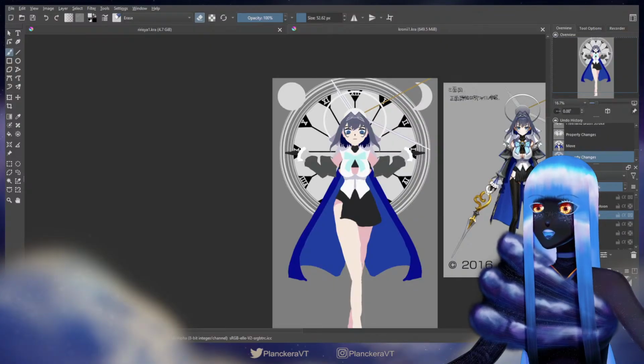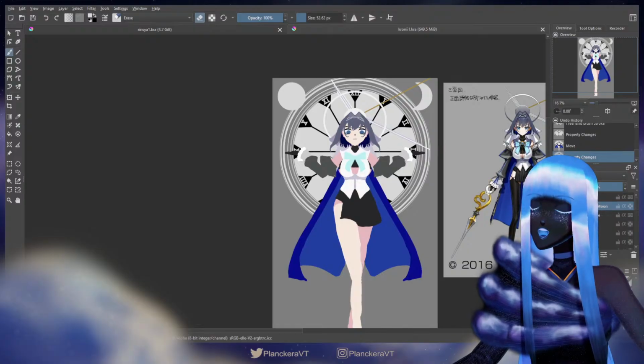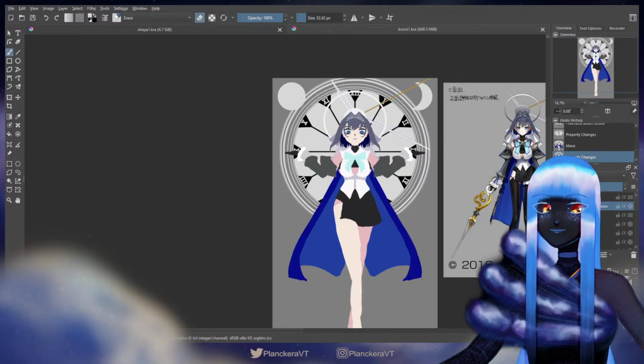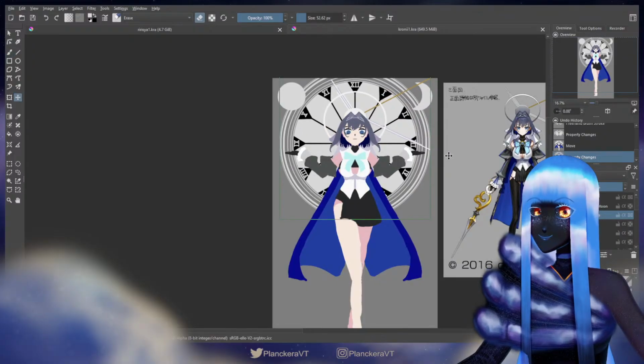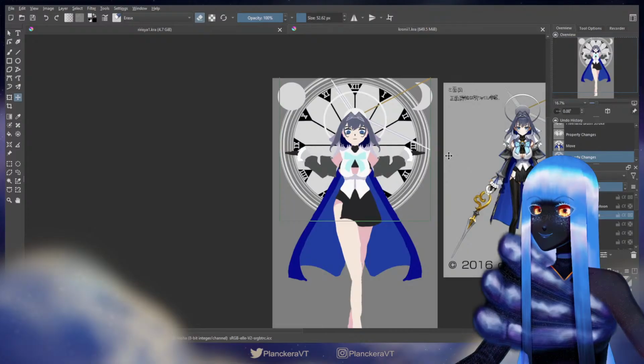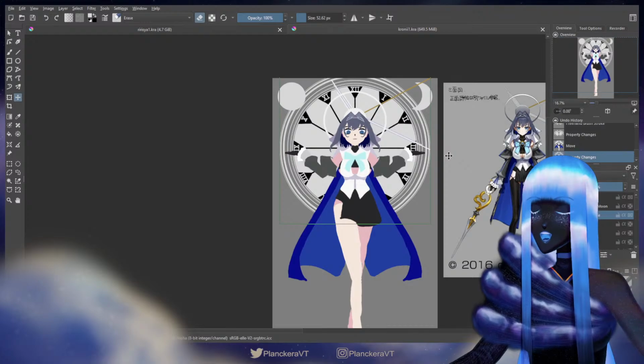Now I'm going to find the ideal place for sun and moon relative to this, and I can already tell I gotta make this canvas bigger. I'm trying to be a little bit more precise in where I want the center to be.